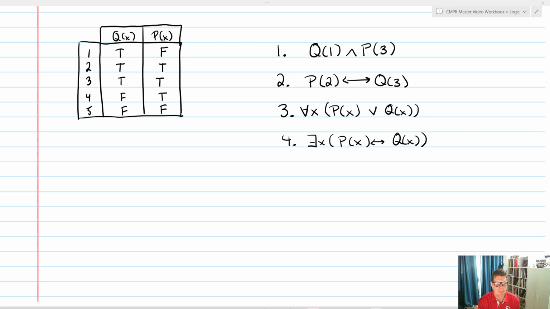All right, so now let's look at Q of 1 and P of 3. Well, if I look, Q of 1 is true, and P of 3 is true, so this ends up being true. Next,